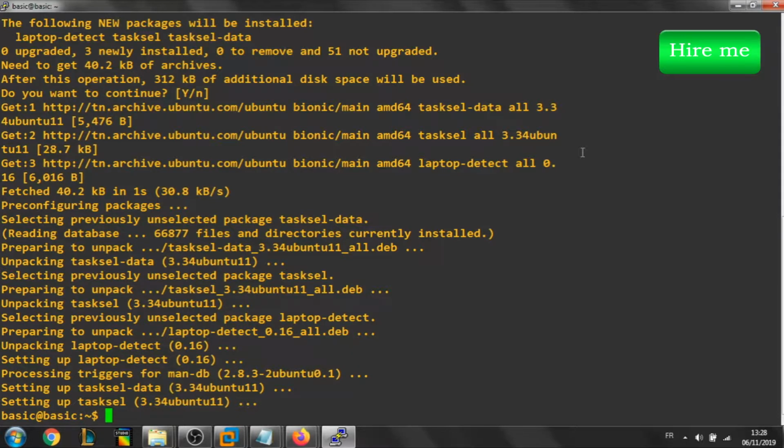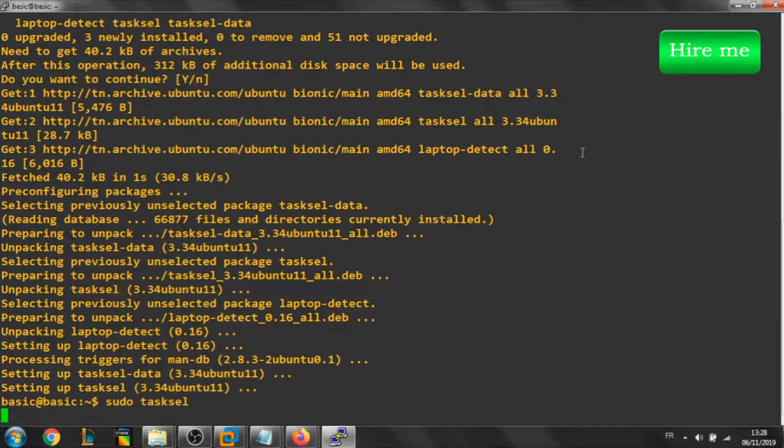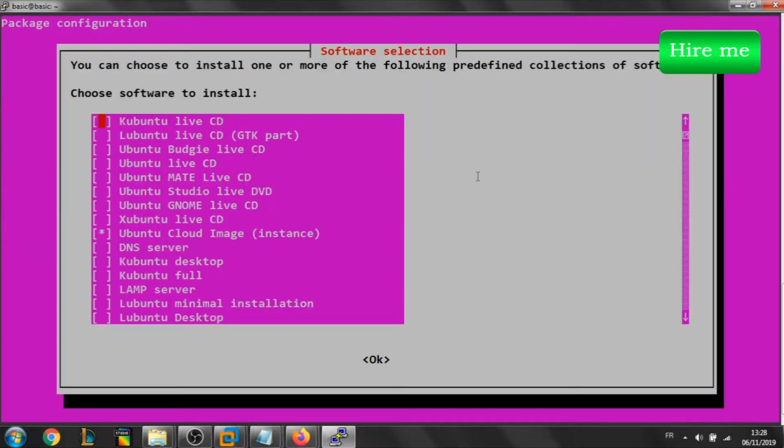Next, we're going to proceed to install the LAMP server. sudo tasksel. Going to choose LAMP server. Proceed to LAMP server and press